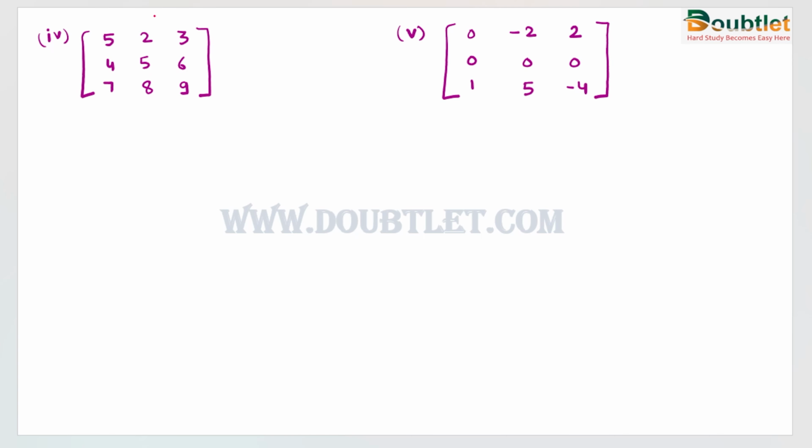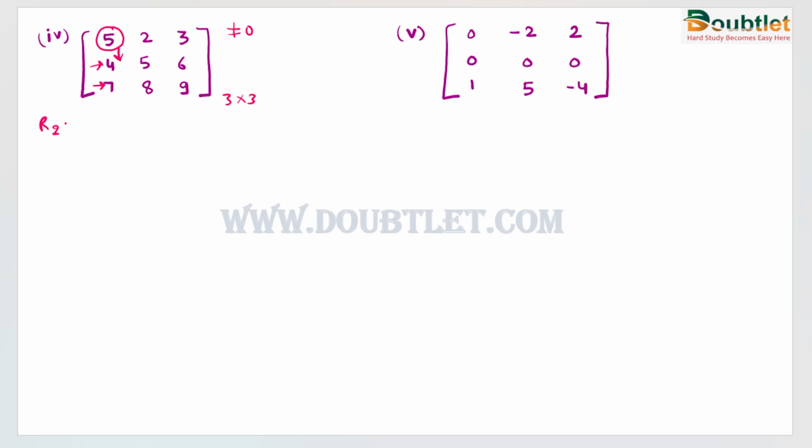So let's say all the elements of the matrix are non-zero. Then what will we do? This is a 3 cross 3 matrix, meaning a square matrix. First we will look at the leading element. The leading element is 5 and it is not equal to 0. What do we do now? We will check the column in which the leading element is present, meaning this element and this element should be 0. Then we will apply operations to make both these elements 0.